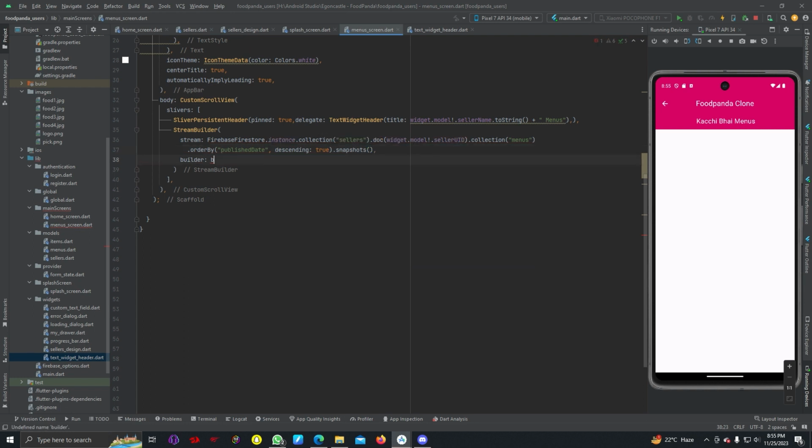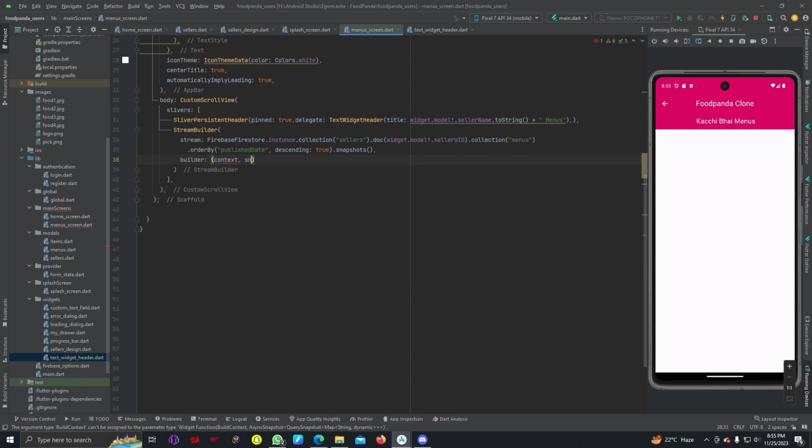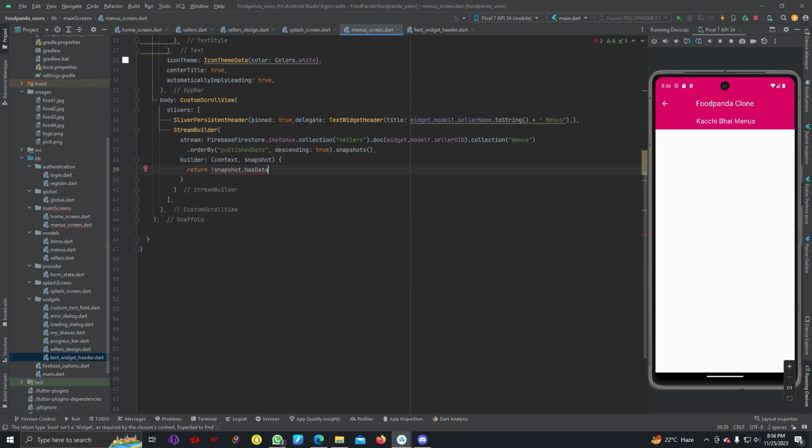And in the builder we can write context, snapshot. I can add second bracket and write return, if snapshot has no data, then